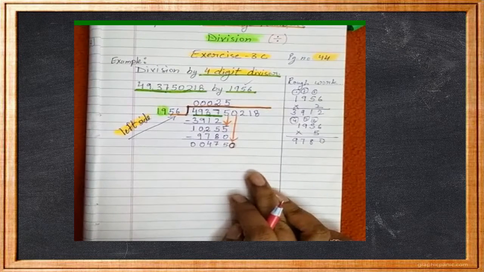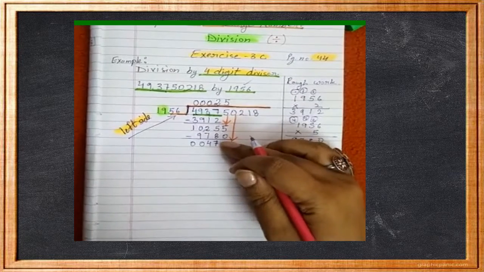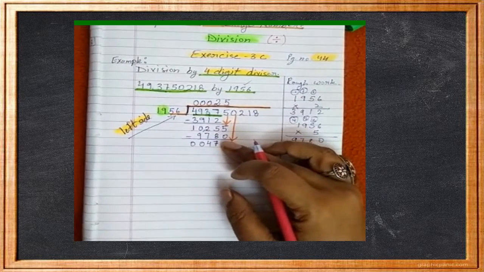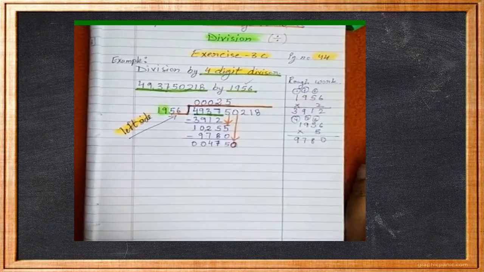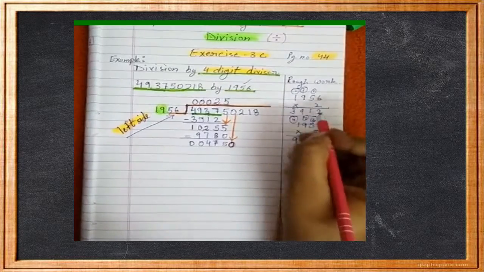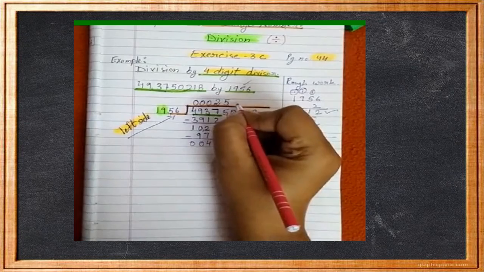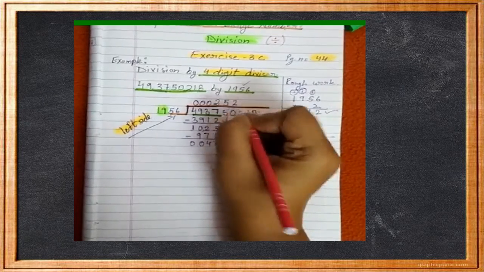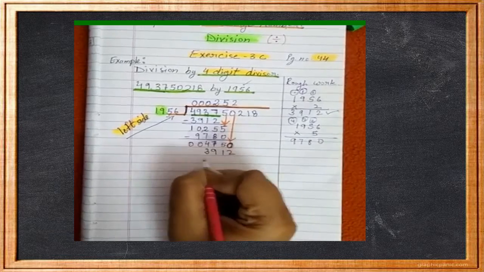Now check by which we are going to take this. So 19 3s are 57, and 57 is bigger than 47. So we will go one step back. We will be taking 19 2s are 3912. We have already done this. Yes, children. So no use of doing it again. Write 2 here on the top of 0, and 3912 you will be writing here.